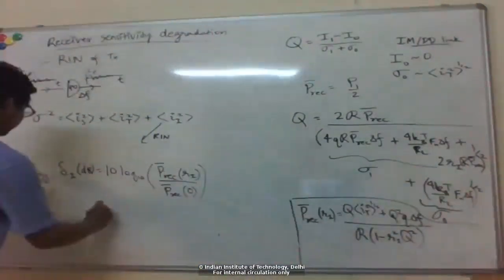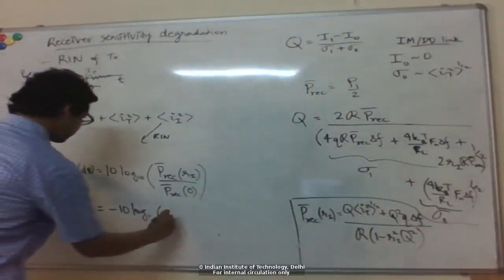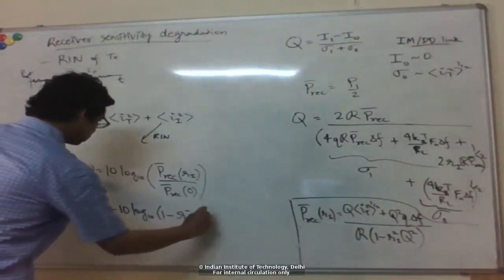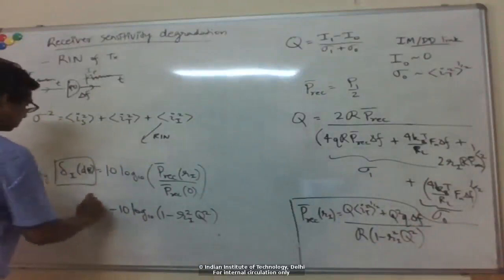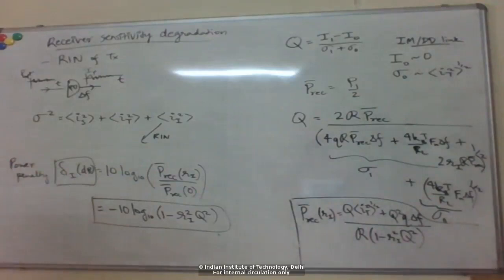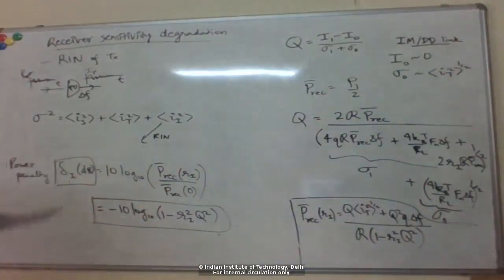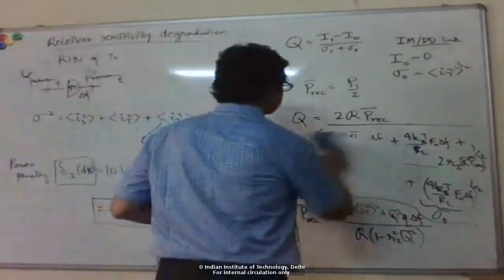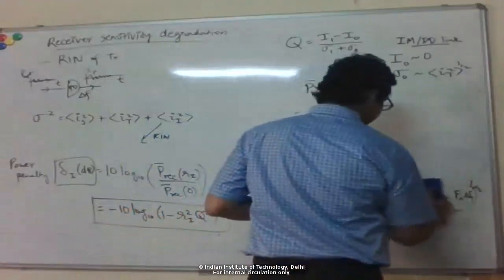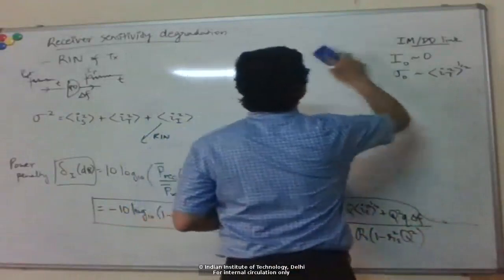So this we can write in terms of Ri like this. Okay, so that's the power penalty that we get due to RIN noise. If you plot this power penalty as a function of Ri, or increasing RIN,